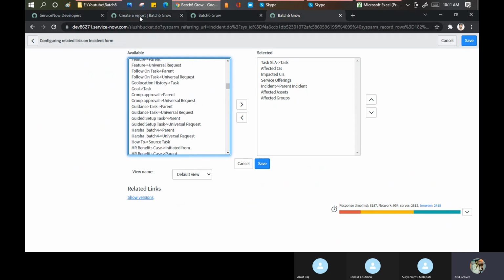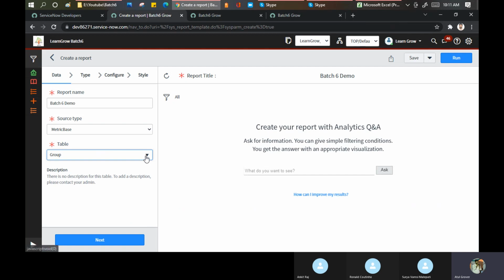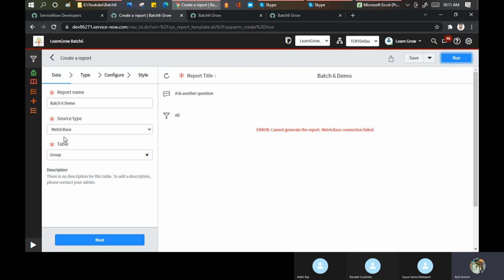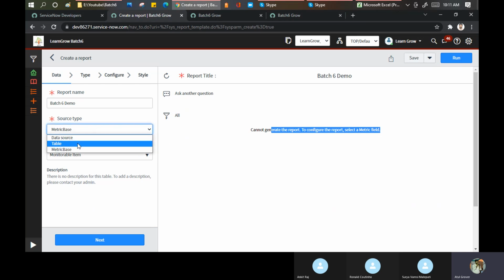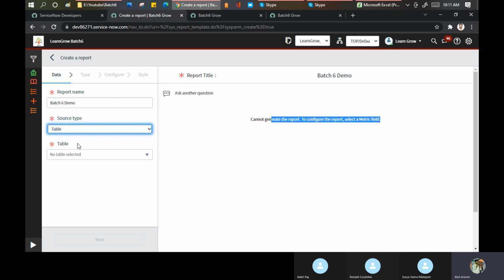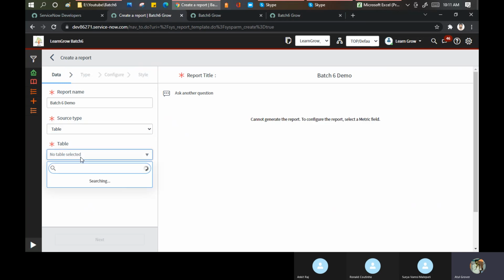Okay. Now I'll go to this part. So you can use those tables and you can build up your report. Like if I just click on run here, this is a metric base for the group. Metrics connection failed. Maybe this report does not exist, or maybe this is not the right report or the table I'm picking up. Or I did not put any condition here, so it's giving me the error. Selected metric field. I need to put the metric field as well. Now, what do our standard things do? We create a report on the standard tables: incident, change, problem, request, knowledge, SLA, or subtables. I take the example of the incident table.